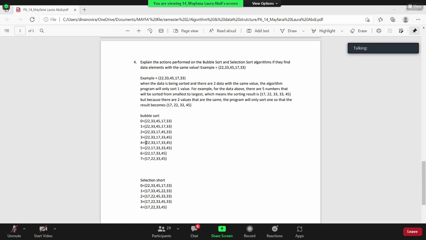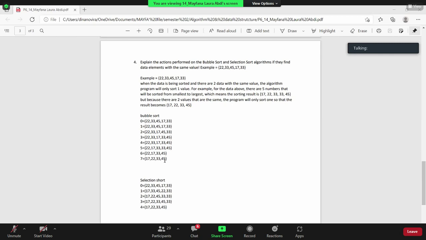For the second iteration, 22 with 33, it's still not swapped. And 33 with 17, 17 is smaller, so it will swap. And then compare 17 and 33, it's still not swapped. 33 and 45, it's still not swapped too. And then for the third iteration, 22 with 17, it will swap because 17 is smaller than 22. And for the others, it's already done.